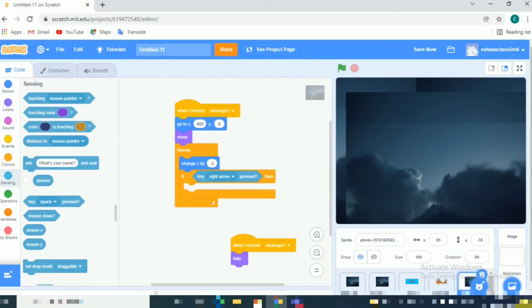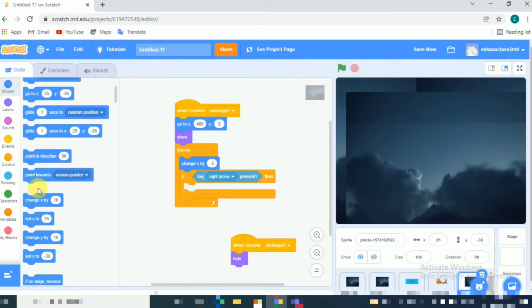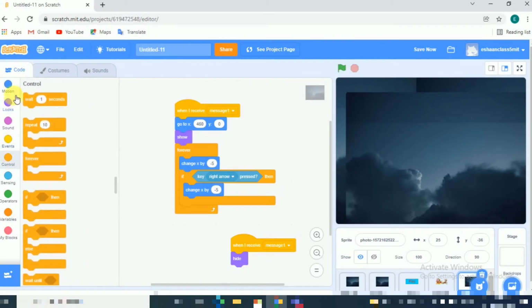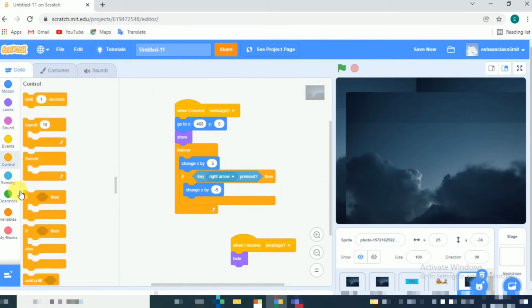And then what we will do is change x by -5. The block that I have deleted we will add again. At that time I didn't know, we have to add it again, so sorry. We'll add it again.